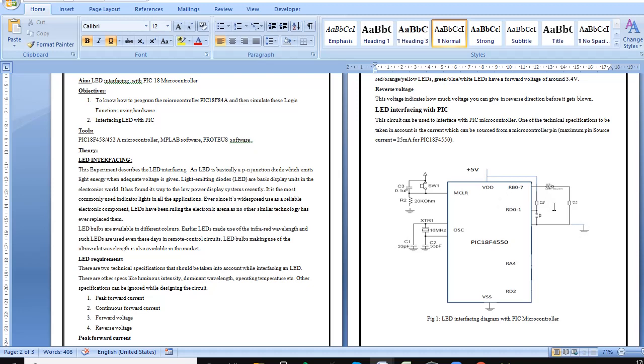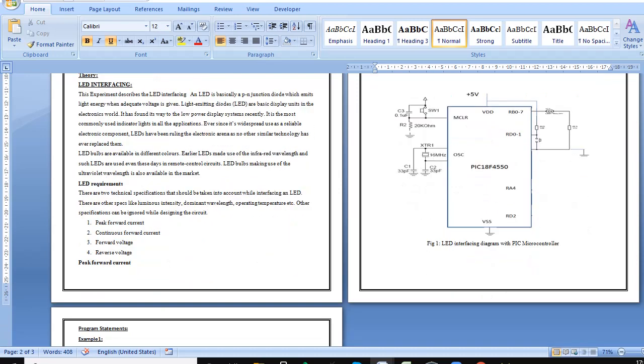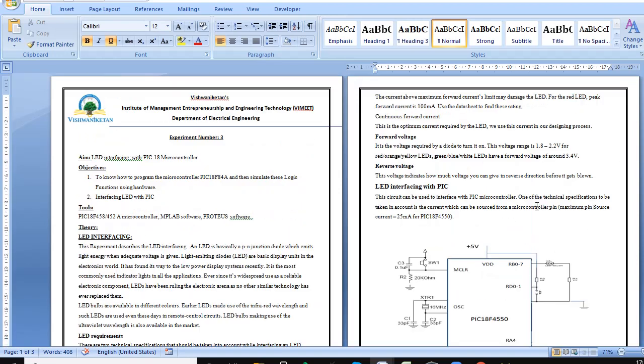On any port pin you can connect a single LED or any number of LEDs, 8 LEDs or 4 LEDs. LED consumes less current, and the current available with the port pin is sufficient to drive the LED. So let's begin with the program of LED interfacing.